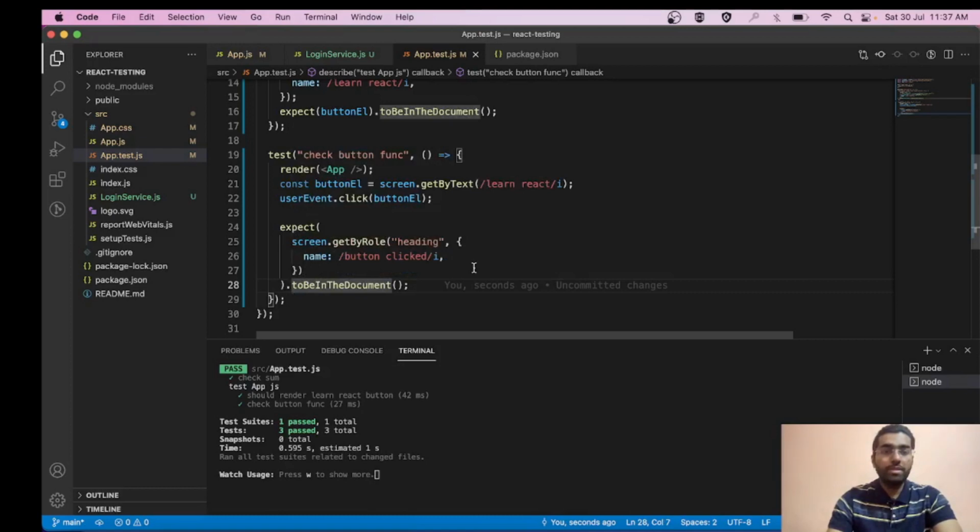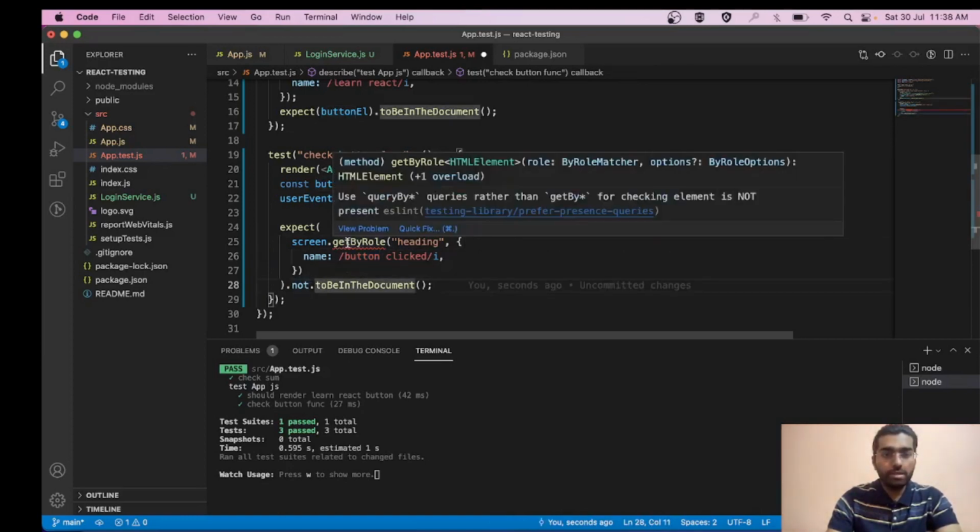Friends, one more thing that you can check if you want to, like, let's fail this test case. Right now, on clicking it, we get this button clicked. In order to fail it, let me see, it is giving us error. Friends, in this screen we have several other things also available, like we have get by role, we also have query by role. There is not much difference, but there are a few checkpoints that it supports or doesn't support, or some return types that vary. So I will drop that documentation also in the description box.